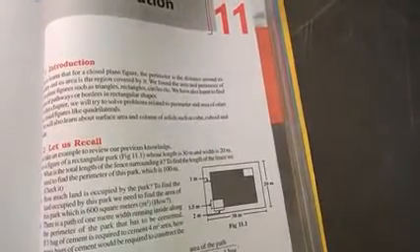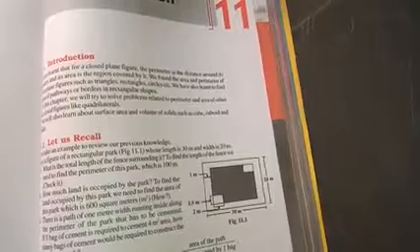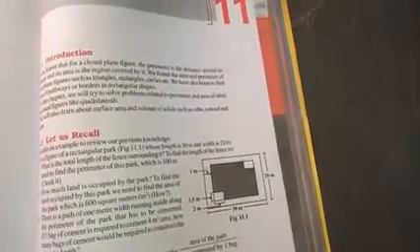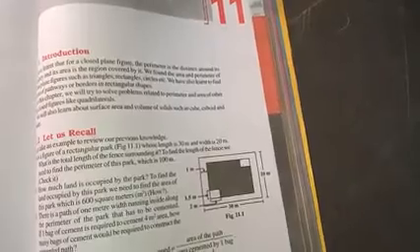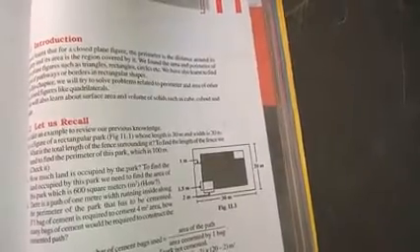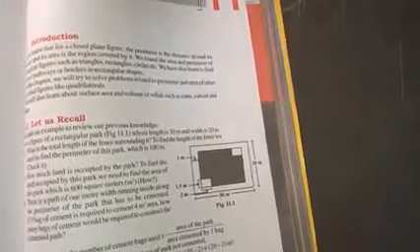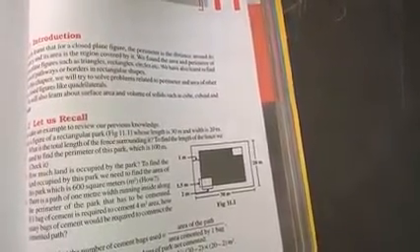So we can use this procedure to find the area or perimeter of pentagons, hexagons, heptagons, octagons, nonagons, whatever it is, that is a polygon, by drawing diagonals. Already you knew what is meant by diagonal, what is meant by side, and what is meant by vertex points. We can use all these things to find the area of any type of plane figures.